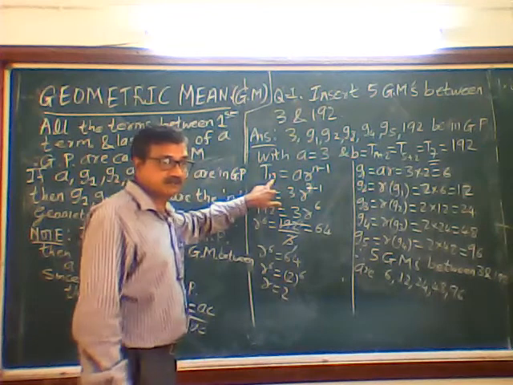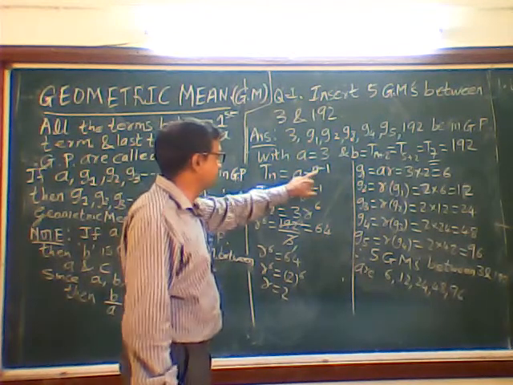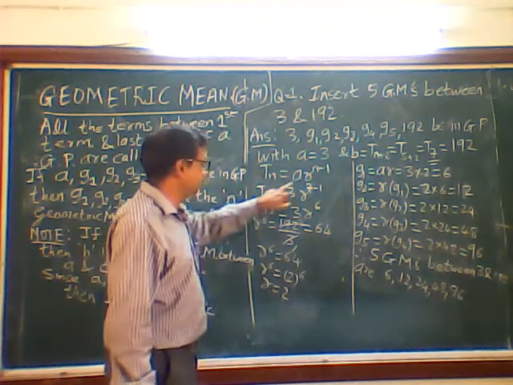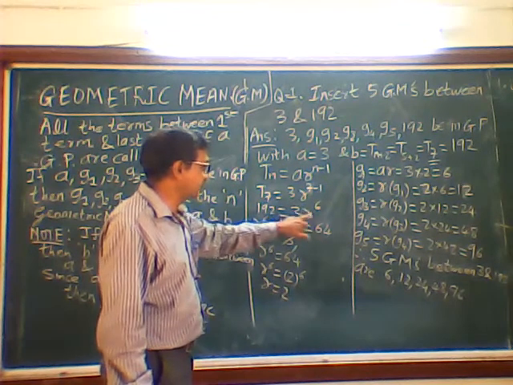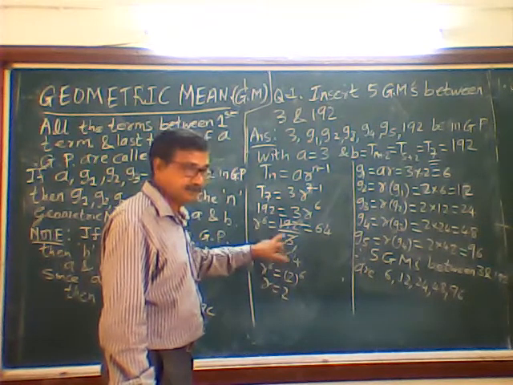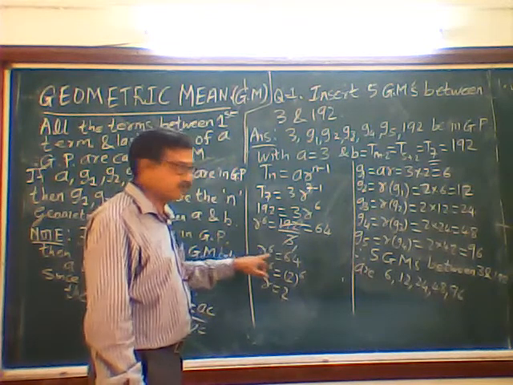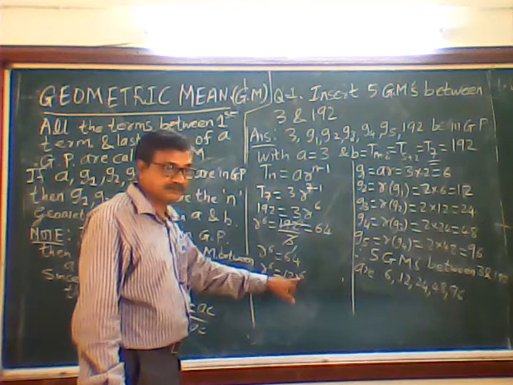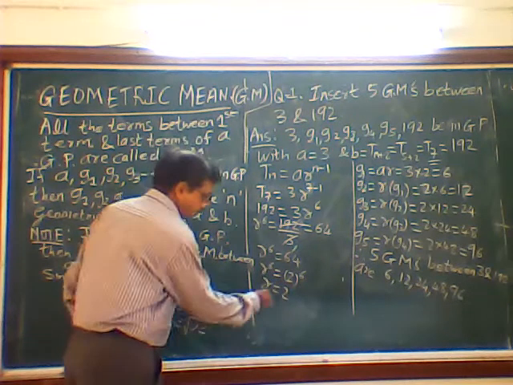Then we have the general formula Tn is equal to A into R raised to n minus 1. So my n is what here? T7, na? So T7, A is 3, R raised to 7 minus 1. That is 3 into R raised to 6. Therefore, R raised to 6 is what? 192 divided by 3. 3 64s are 192. So I got R raised to 6 is equal to 64. So R raised to 6 is equal to 2 raised to 6. Therefore, if you compare the 6, R will be 2. That is what I got, R is 2.